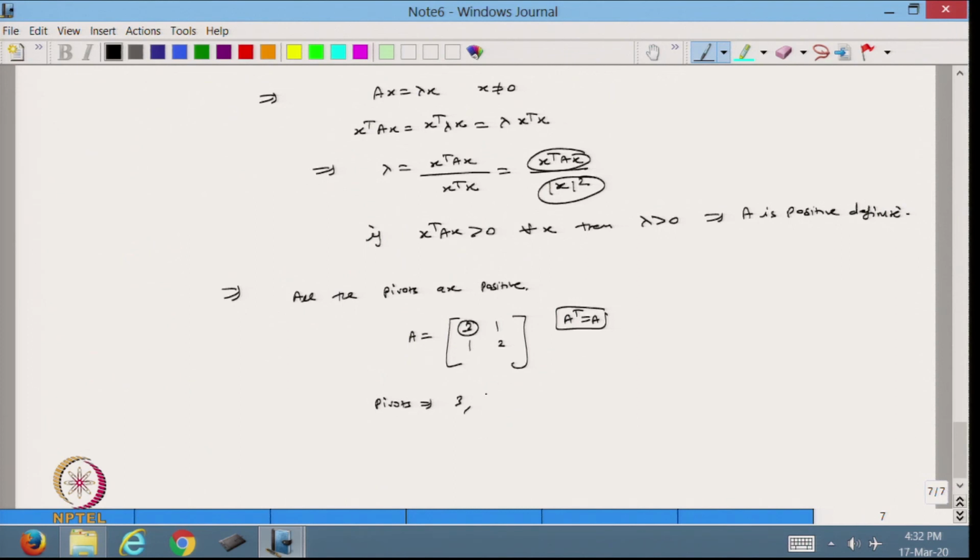or the another method is finding the determinant. So, it is 6 minus 1, that is 5 divided by 3. So, that is 5 by 3. So, in this case my pivot 3 is positive, 5 by 3 is positive. So, from here I can say that this is positive definite. So, this matrix is a positive definite matrix,